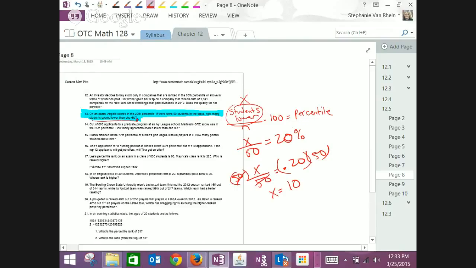So that's how many students scored lower than she did. So her rank in this case would be 11. No, it's backwards, because you're ranked first if you were the 50th score, right? You're ranked second if you were 49th, 48th, and so forth, right? So she would be ranked